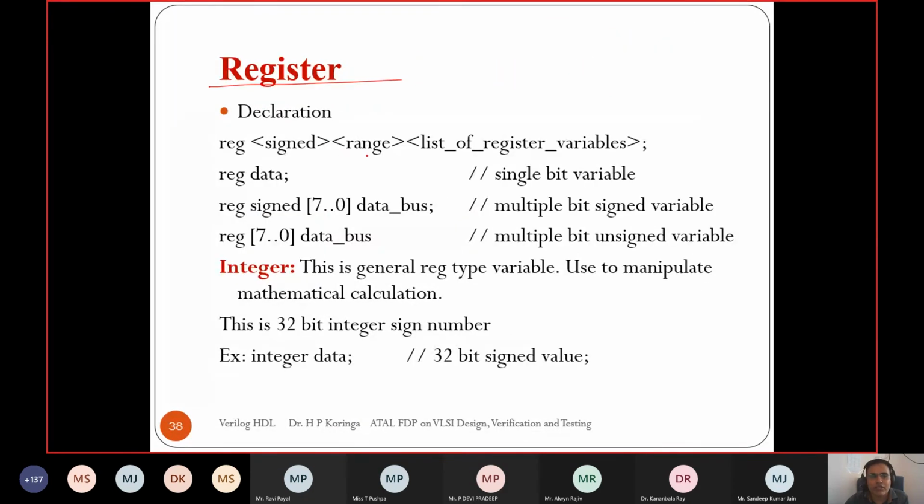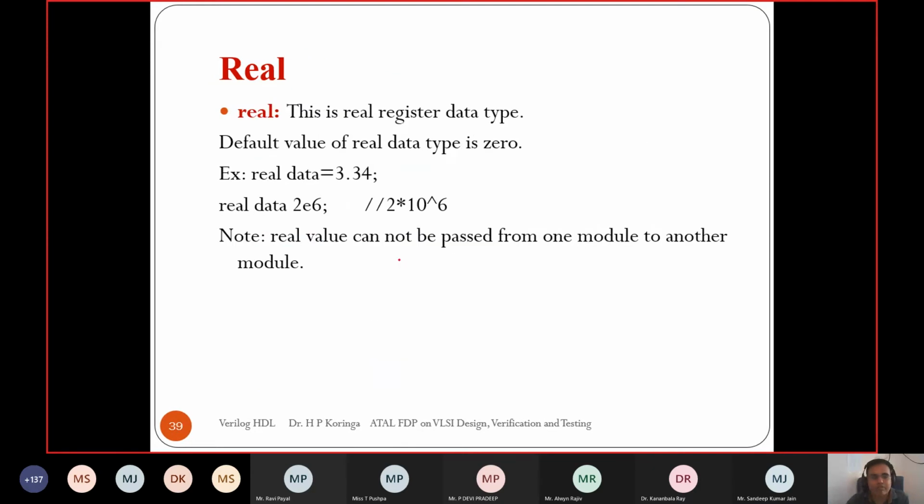Let's see the structure of registers that we have already gone through: sign, range, and the list of variables that we can specify. Also, we have an integer. Integer is by nature a type of reg, and it is used to manipulate mathematical calculations. By default, the size of an integer is a 32-bit signed number. Also we have the real type.